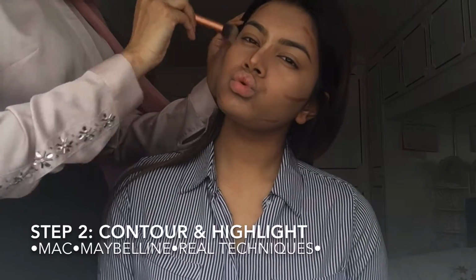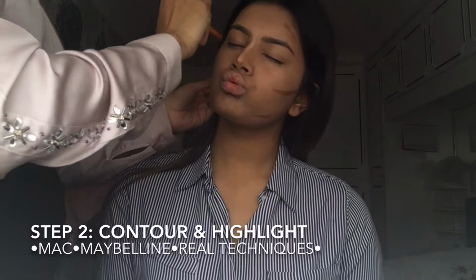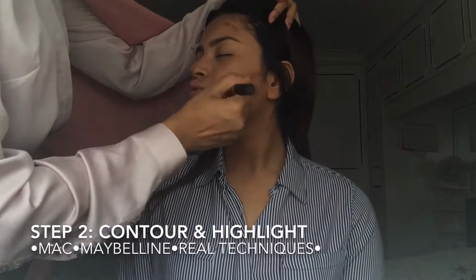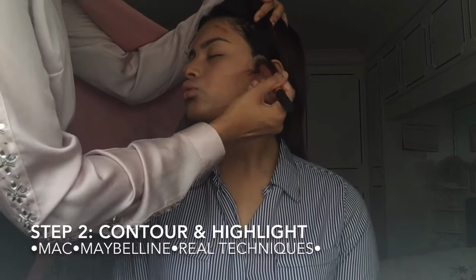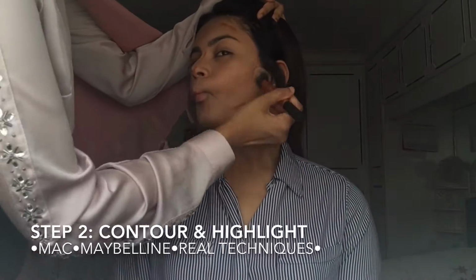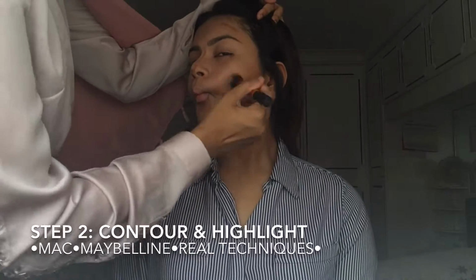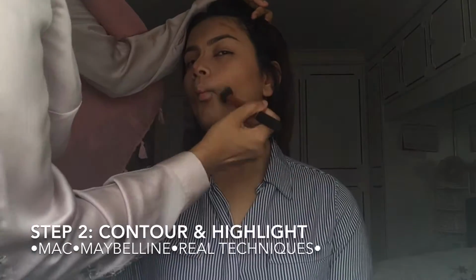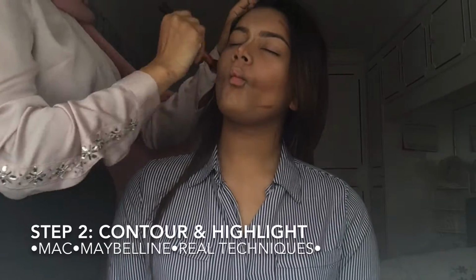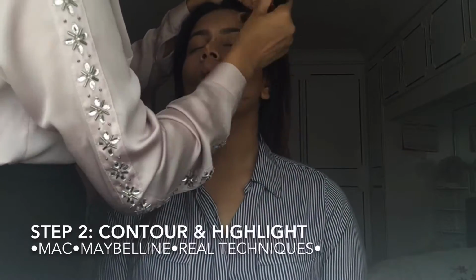I use circular motions and I just work upwards from her cheeks, from one end of the face inwards, blending up, so that it looks natural. So when the light hits it, it gives off a nice bronze glow, and it defines her face as well. So let's just go ahead and do her forehead,